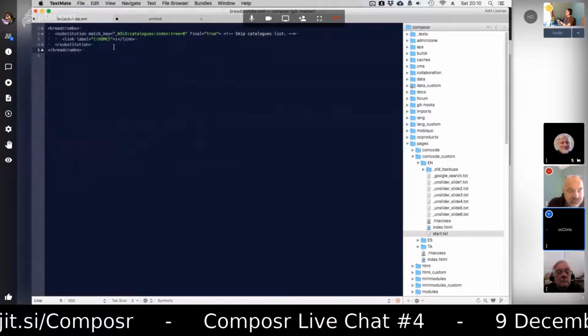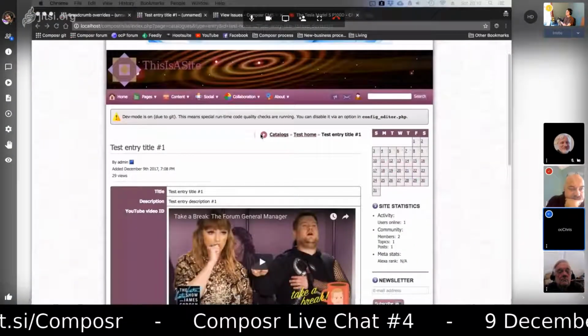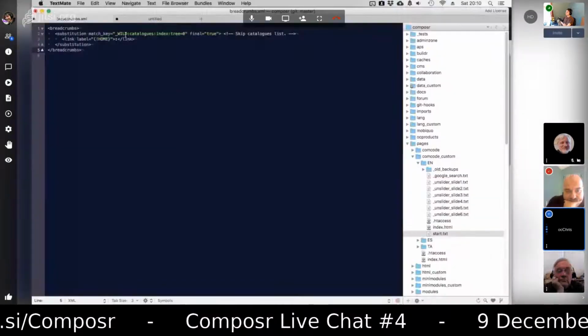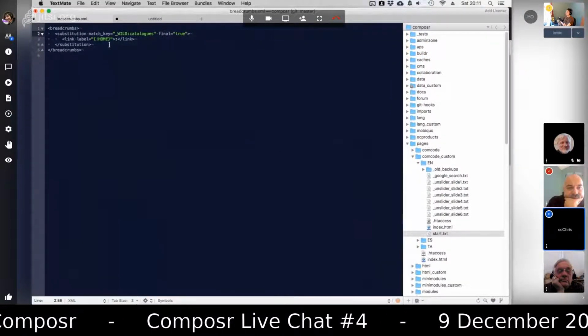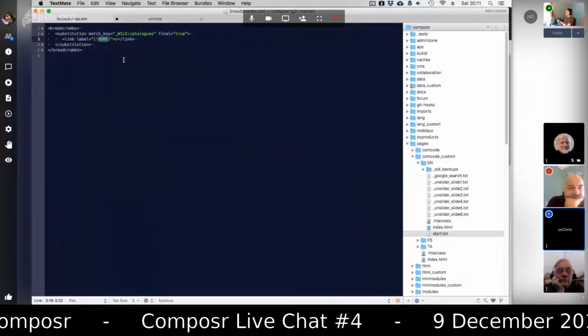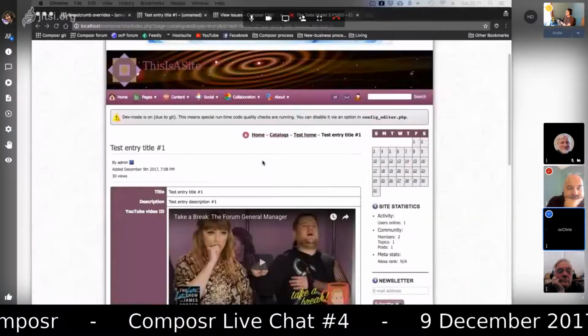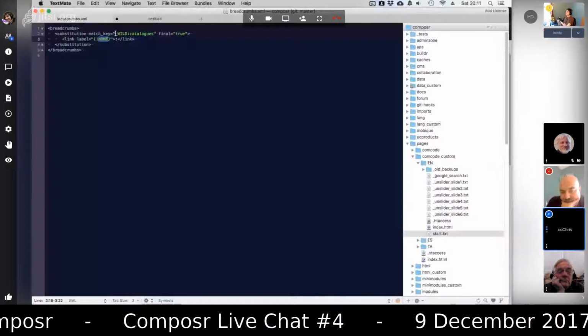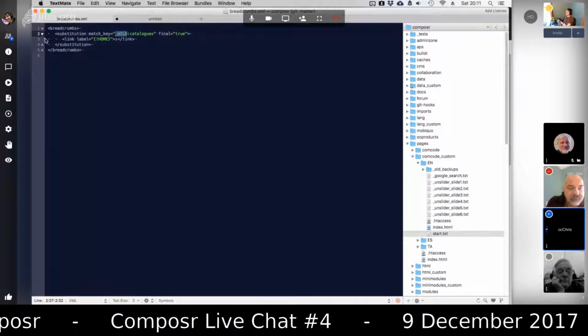Okay, so we're going to add something in front of catalogs to take us to home. So if the match key is that, then it will put home on. Let's see if this works. Yeah. So if we have a match on the page being catalogs in any zone, then we add this link